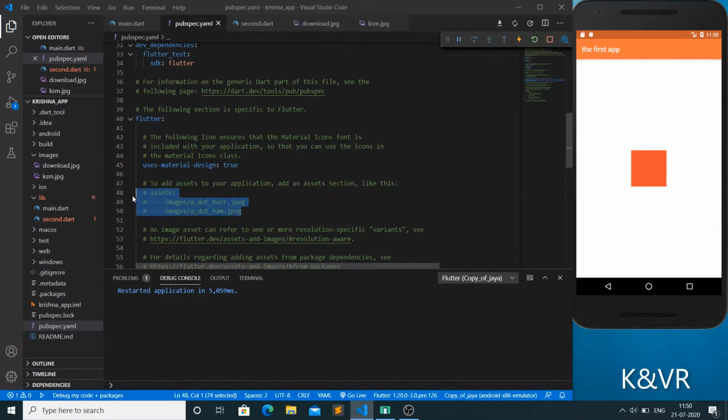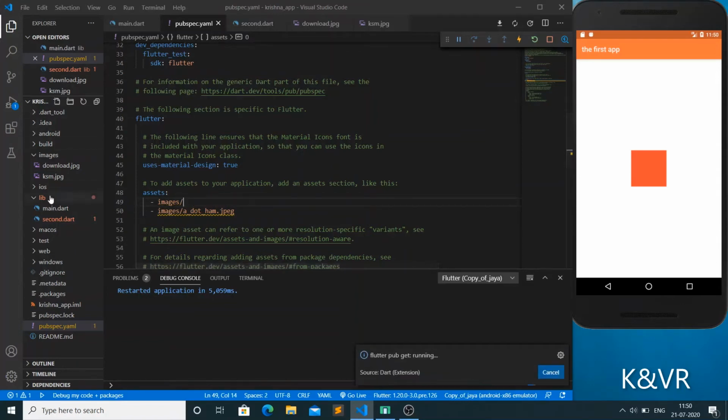Now see how to declare it. Just select here assets and uncomment this. It is in comment, so please uncomment. Control forward slash. It will uncomment, and now we want to rename this. Just clear this.